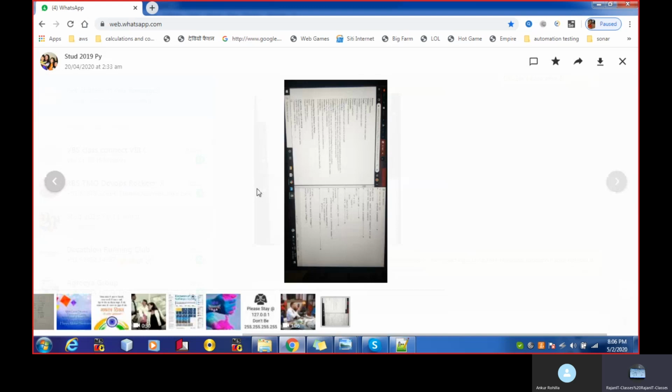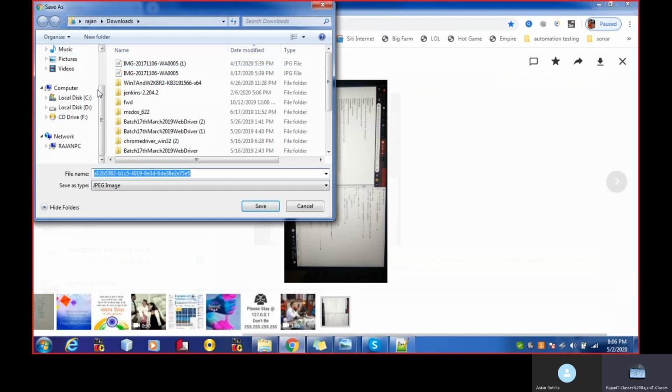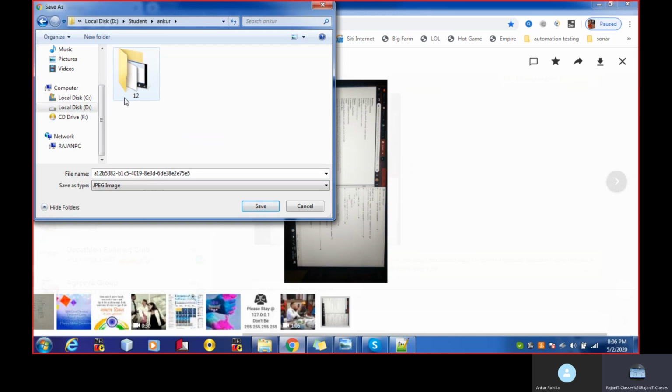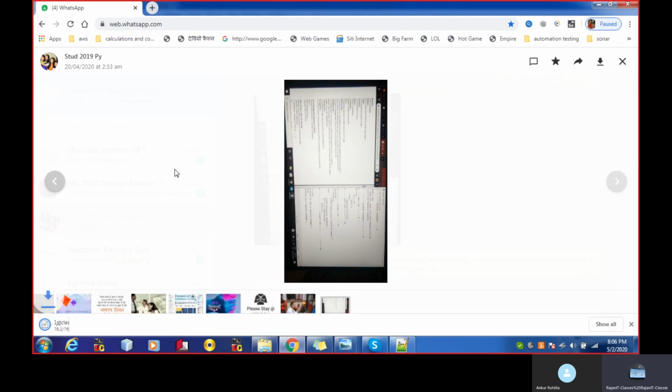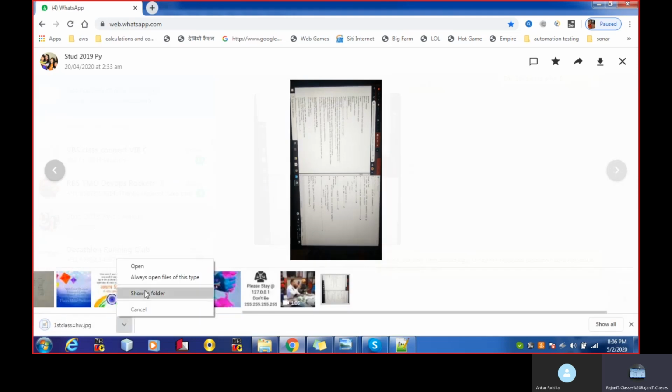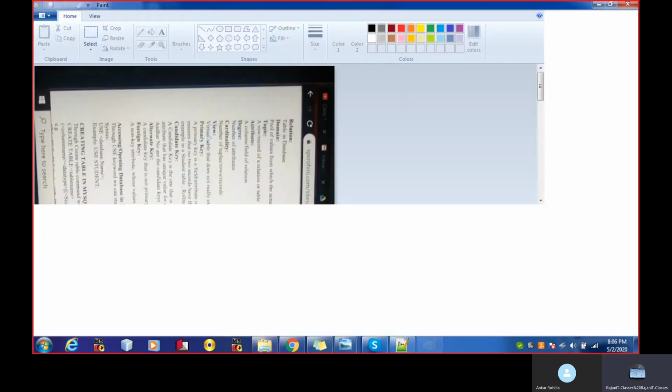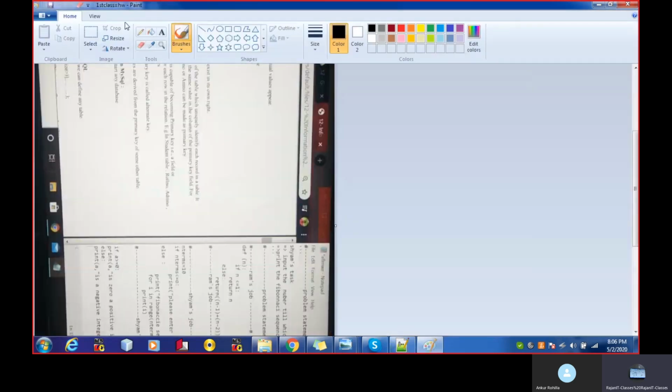We need to just save image as P5. Show the folder part. There must be some.